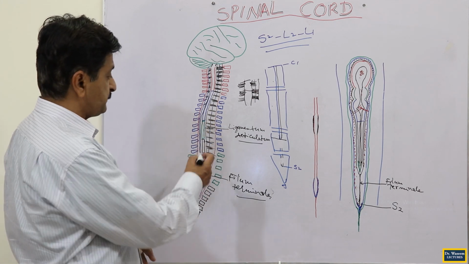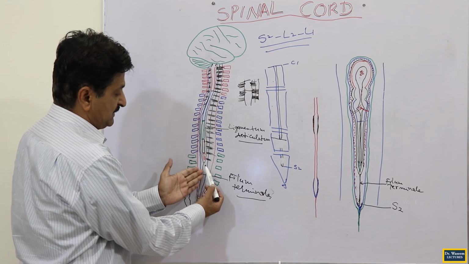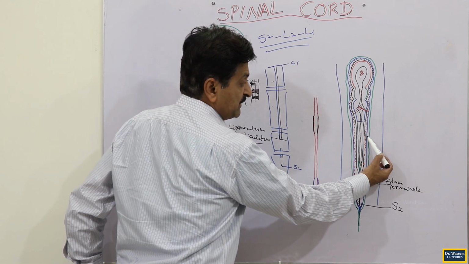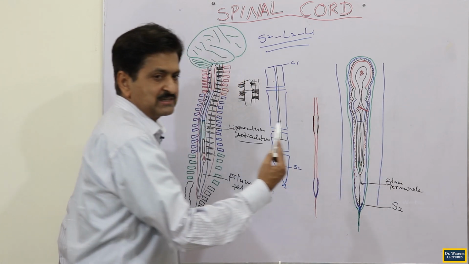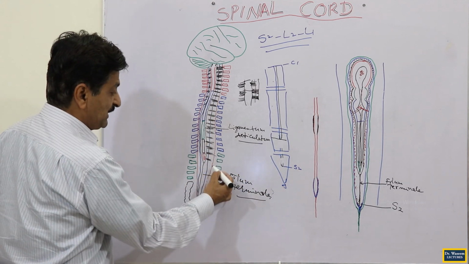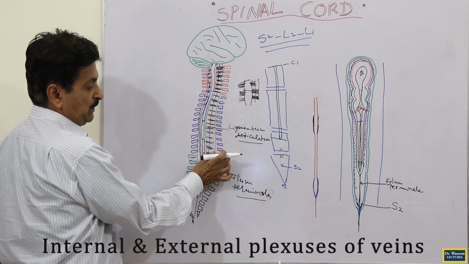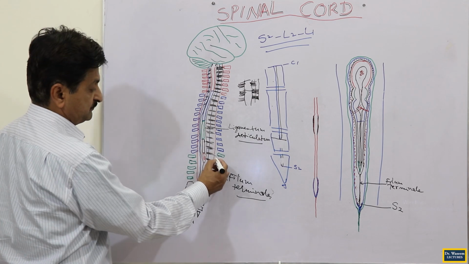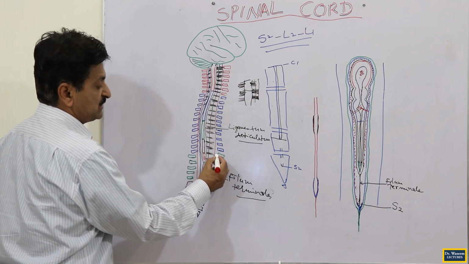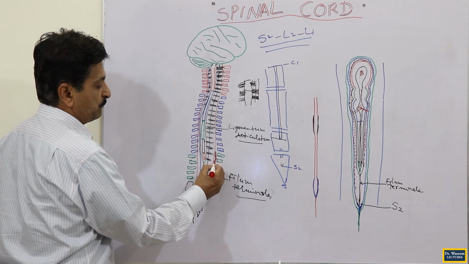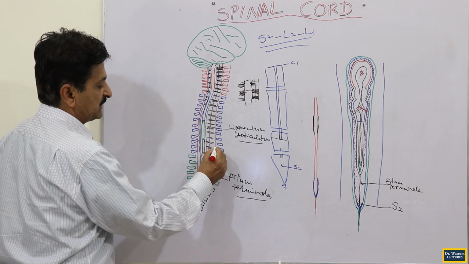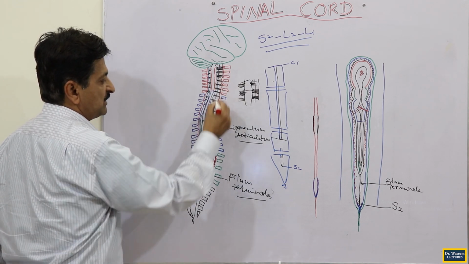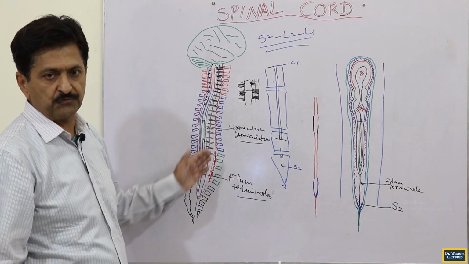What are the various spaces? As far as the subarachnoid space is concerned, it is between the arachnoid mater and piameter, but between the arachnoid mater and duramater there is the space that is called the subdural space. But outside your duramater, between duramater and the inner aspect of the bone, that is the space called the extradural space. So we have the extradural space, in which is contained the plexus of veins. This is called the internal vertebral plexus of veins, which is draining the venous circulation of the spinal cord.